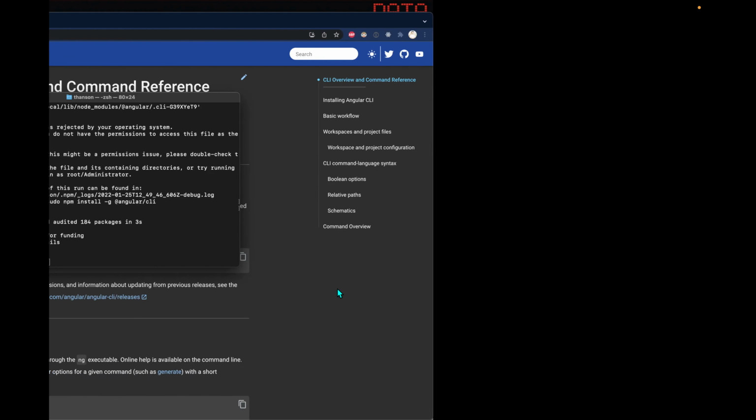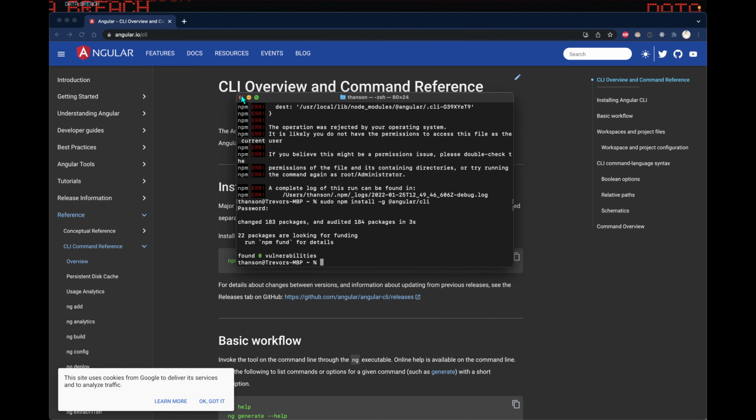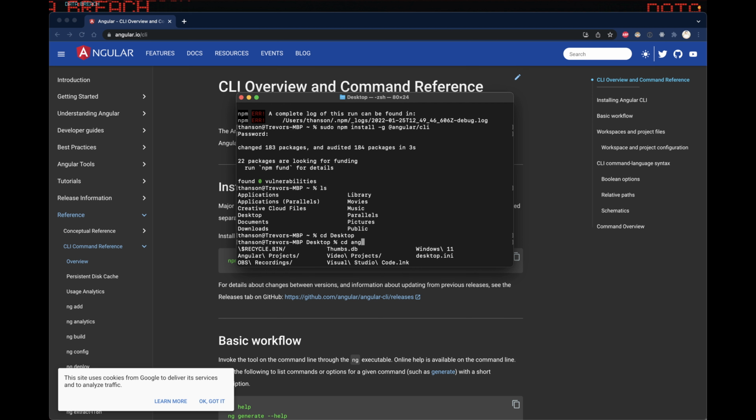So let's get started with actually creating our first application, and we can go over this project structure. So I already have a folder created, so we're just going to cd to the desktop, change directories. If you want to, go ahead and go to your desktop, create a folder, or wherever you want the folder to be, and I just named it Angular projects. So cd Angular projects, and then right here we're going to type ng new and then the name of our project. So we're just going to name it getting started with Angular,